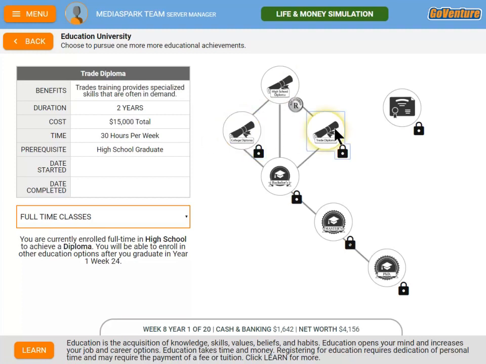And if I want to get a trade diploma, for example, you can see it's 2 years, costs $15,000 at 30 hours per week. And so that's if I do it full-time. In some cases I can also do part-time. Now the benefit of full-time versus part-time is with part-time I can get a part-time job and earn money through my part-time job. If it's a full-time education, I cannot get a full-time job.